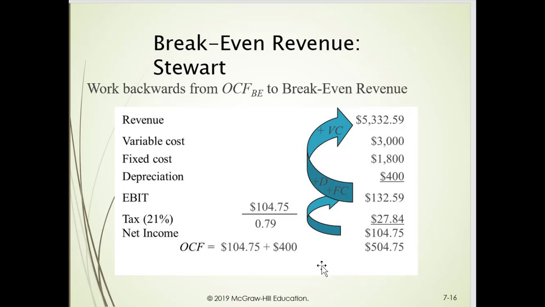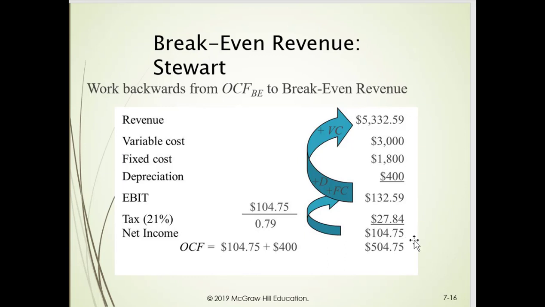So in this case, the operating cash flow is $504.75. If you subtract the depreciation, that gives us $104.75 as net income. And then, of course, we work backwards. So what is the tax? Well,